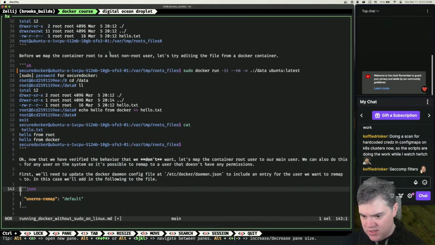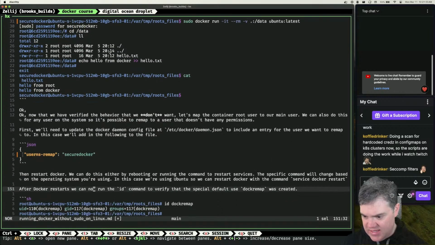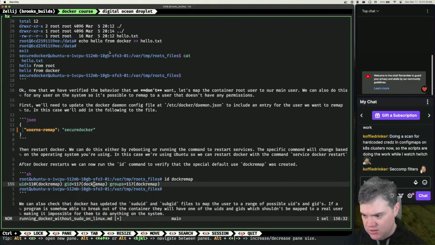Yeah, the demo works, everything's fine. So if I just switch this to secure Docker, I think then it just works the way we expect it to. It now is in here. So instead of docker remap,